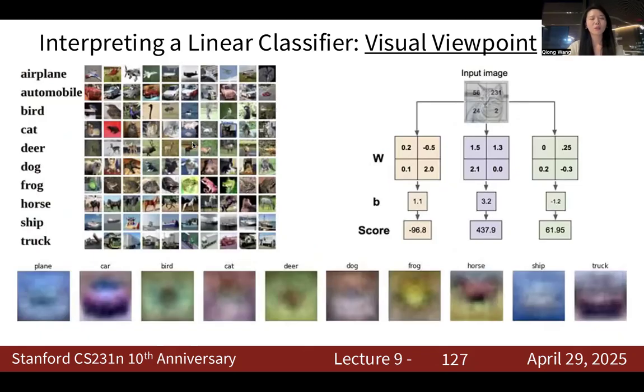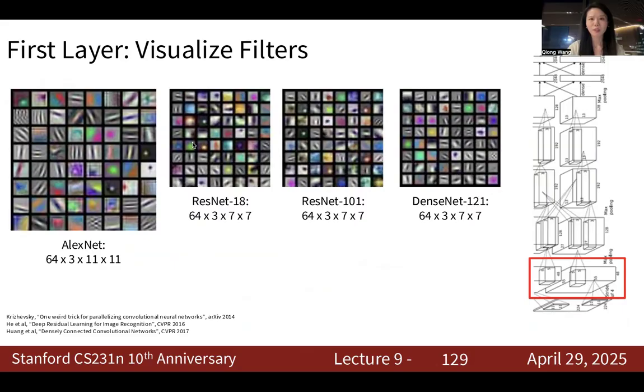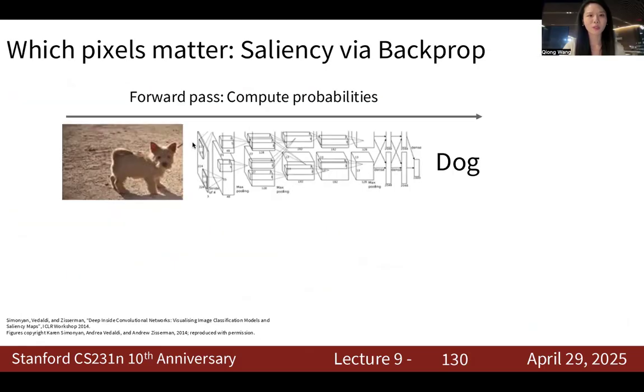What are ways of interpreting a linear classifier from a visual viewpoint? We do it like this. First layer, visualize features. Whatever the architecture, such as AlexNet and ResNet with different sizes, we can see they can capture the patterns of the images. But we don't know which pixels matter, and